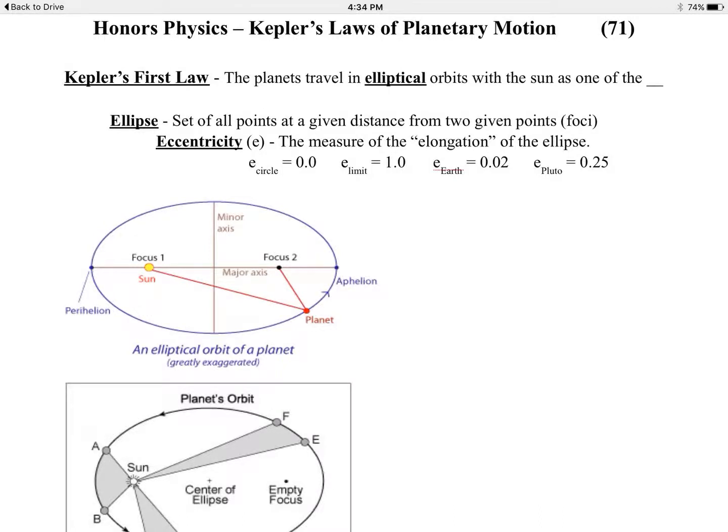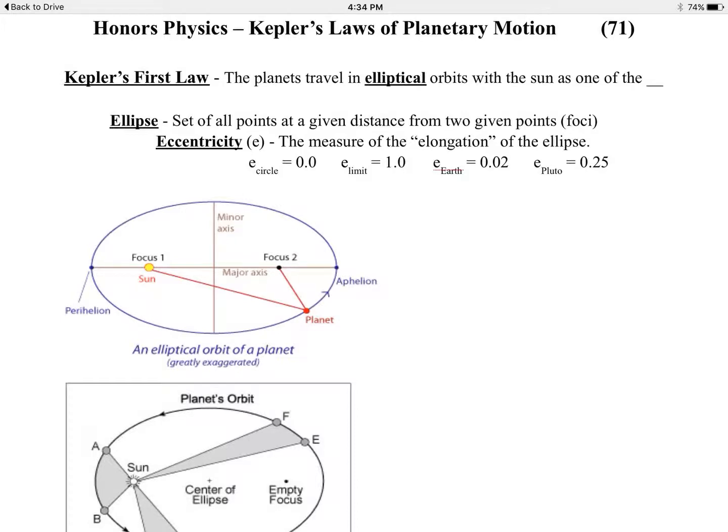Kepler's three laws of planetary motion. Johannes Kepler was a German in the late 1500s, early 1600s, primarily in the early 1600s, shortly after Copernicus and Tycho Brahe, who promoted the ideas of the heliocentric solar system, the sun being the center. Kepler came up with three laws of planetary motion. He also did a lot of work in optics, but he's most known for his three laws of planetary motion,